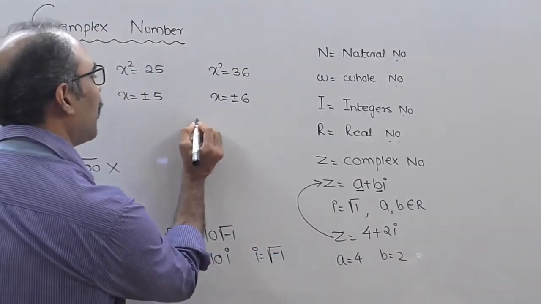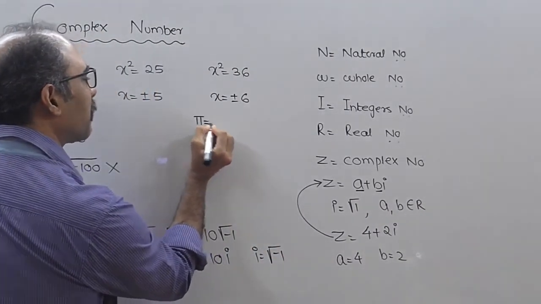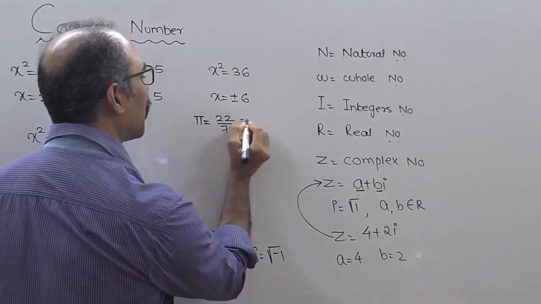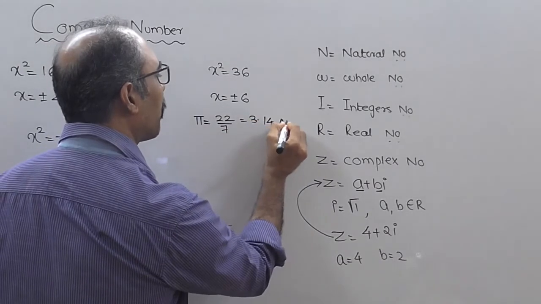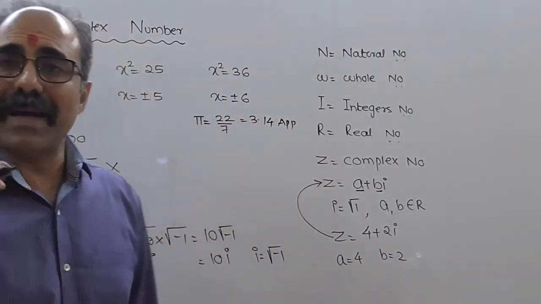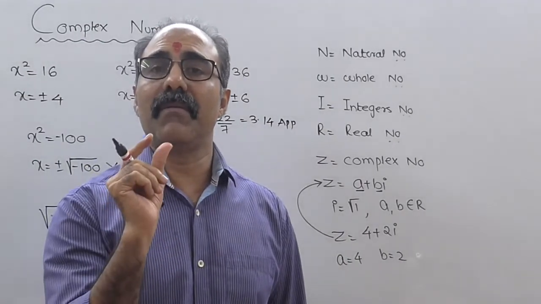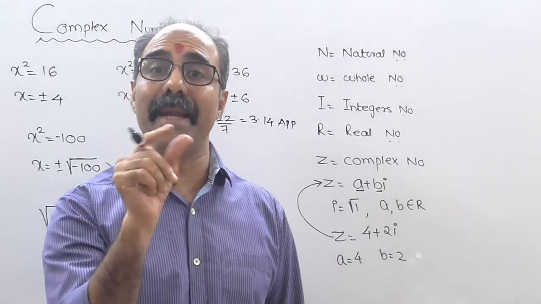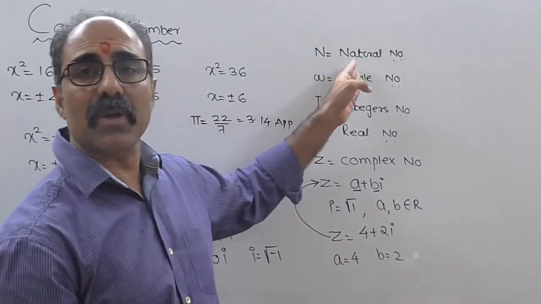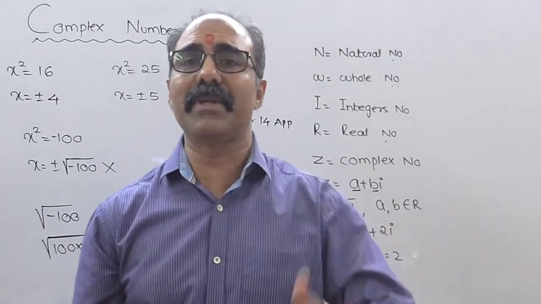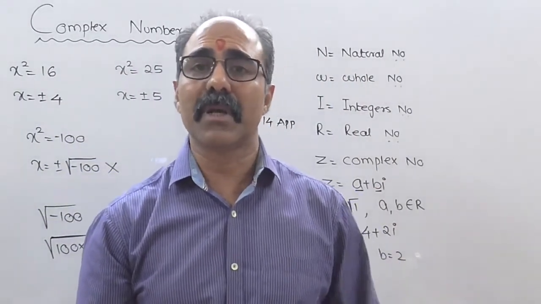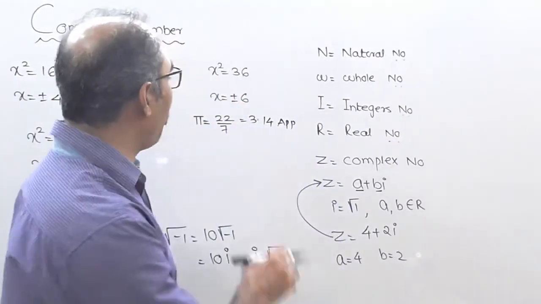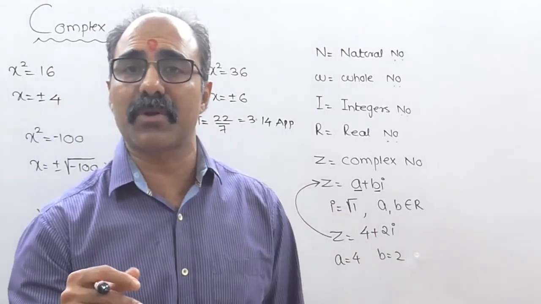Now, do you know what is the value for pi? You might say this is 22 upon 7 or maybe you might say 3.14 approximately. बराबर? So mathematicians have given either values to certain things or they have given meaning to certain things. N is defined as what number? Natural number. अगर मैं R लिखेगा ना तुम immediately बोलेगा sir that is nothing but a set of real numbers. अगर मैं W लिखेगा तो you will say it belongs to the set of what numbers? Whole numbers. वैसा ही pi लिखेगा तो you might say it is 22 by 7 or 3.14.